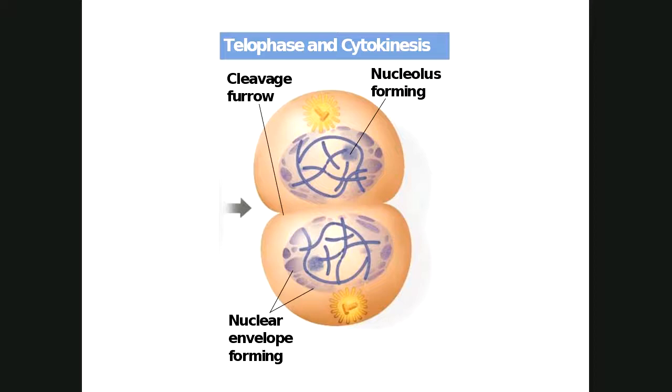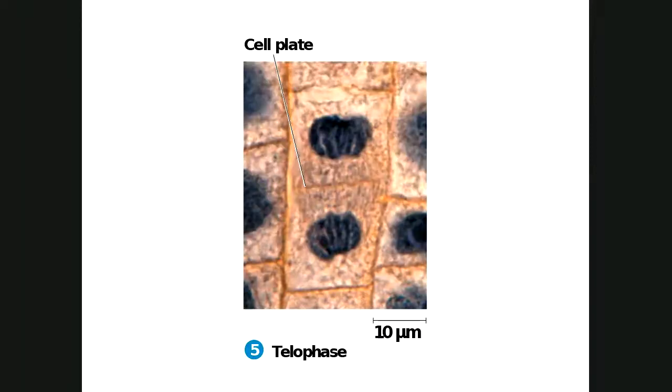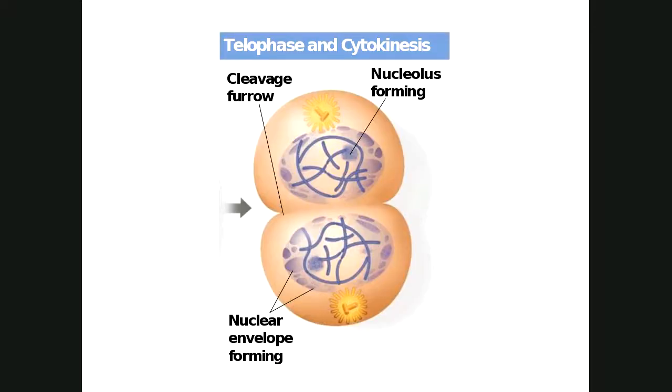And eventually, if we look at a plant cell, we see something like this, right? This is telophase. We've got two nuclei, but we have one cell. See, this one hasn't gone through G1 yet, has it? Yet notice these cells are about half the size of the cells in the previous picture, so they're going to grow after this. So in this telophase stage, two things are happening at about the same time. The chromosomes are decondensing, the nuclear envelope is reforming, the spindle fibers are disintegrating, and then the other part of this is, as telophase is finishing up, cytokinesis is starting.